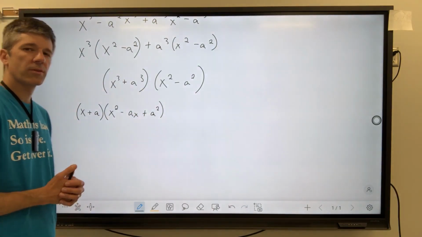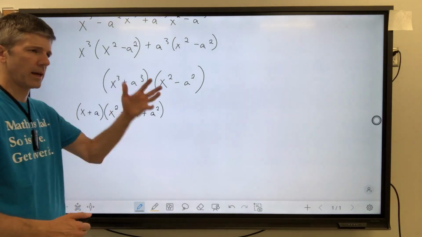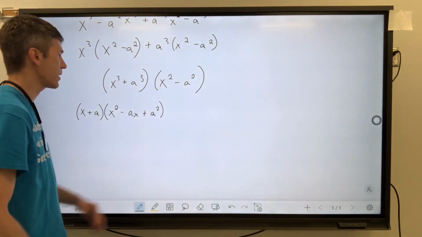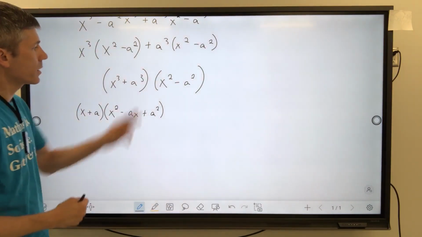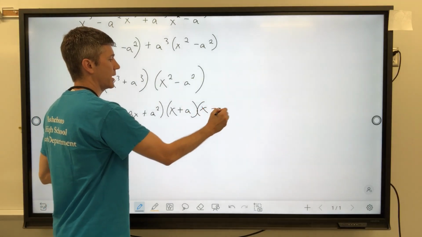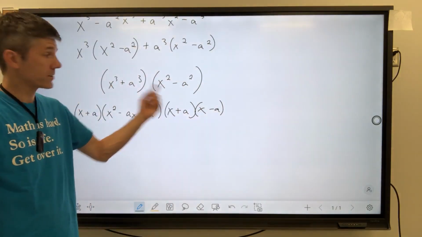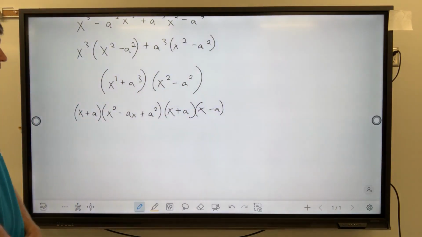It runs into a little bit of confusion because you have A in both of them, and the A is X and then B is A, and it's kind of crazy. So sometimes I just abandon the formula and go with the general structure. Okay, this is going to be X plus A and X minus A because this is a perfect square. X squared is a perfect square, A squared is a perfect square. And you could stop here if you wanted to